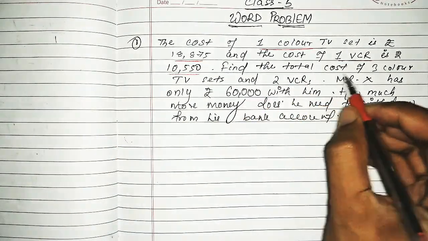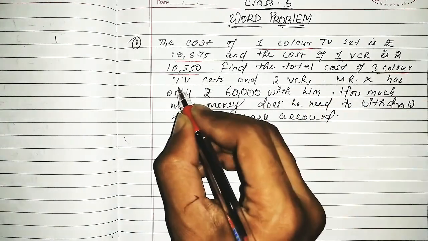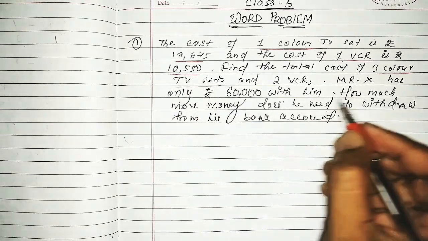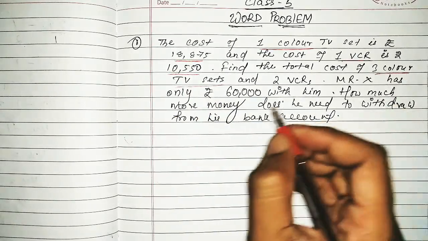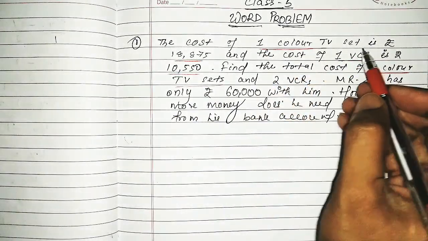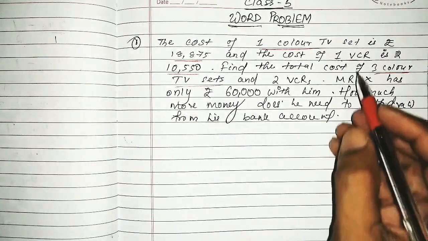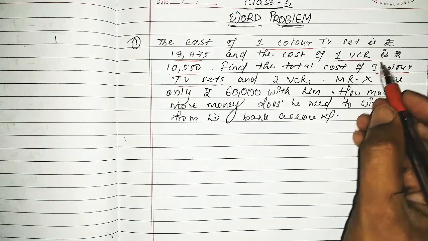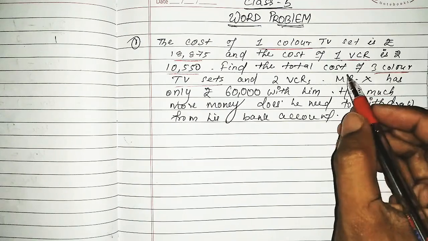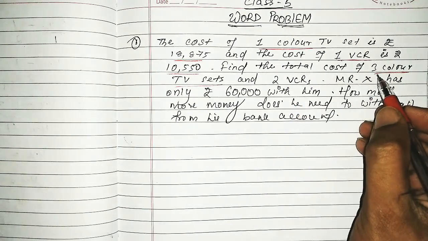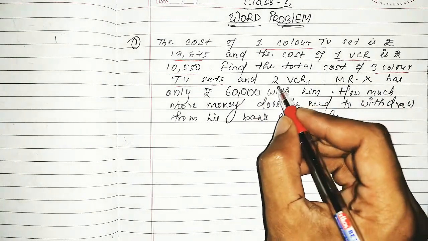Find the total cost of three color TV sets and two VCRs. One color TV set price is given, one VCR price is given, and we have to find the total cost of three color TV sets and two